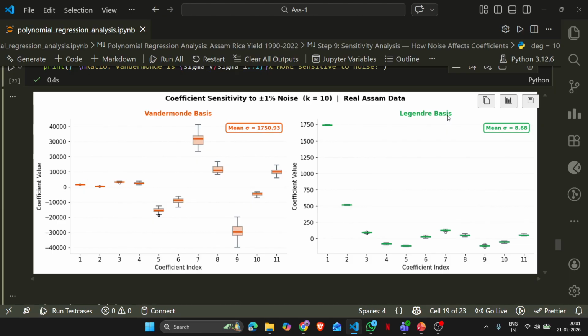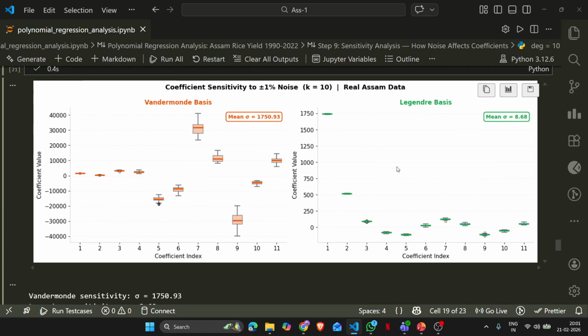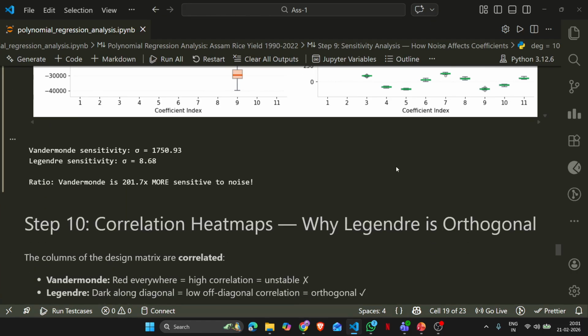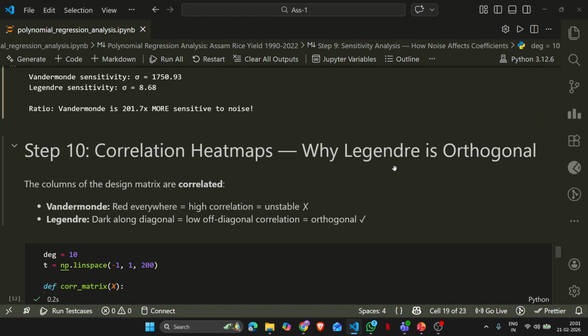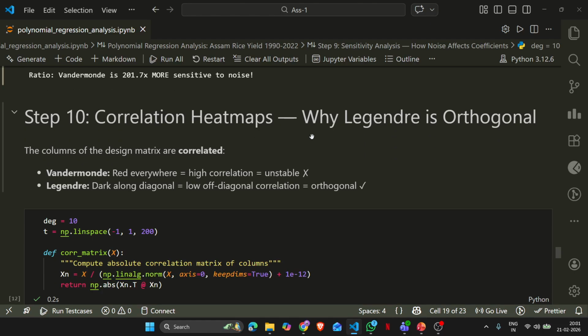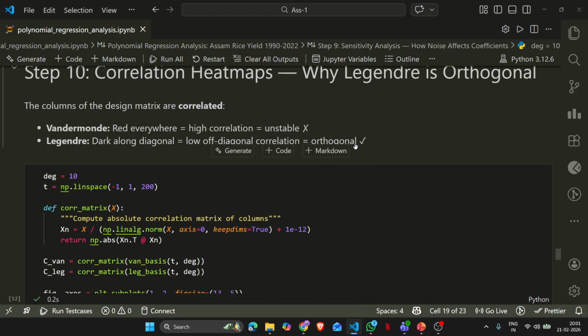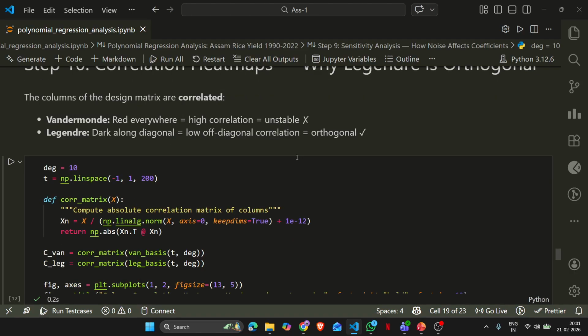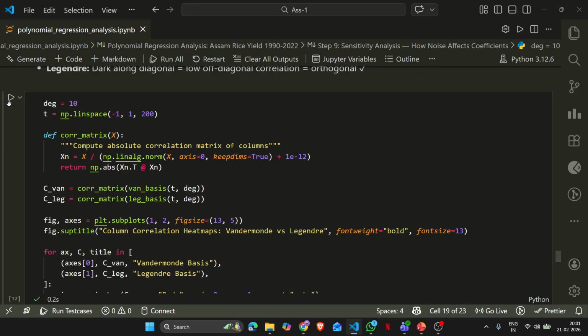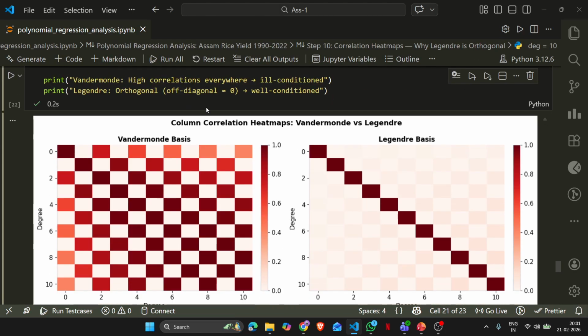And in the case of Legendre's basis, or the orthogonal basis, we can see that the coefficients vary only slightly when we vary the data set. That is because as the degree of the monomial basis increases, the correlation between them increases drastically, while since the Legendre polynomials are orthogonal to each other, the correlation between them is not that much, as we will see by this graph,